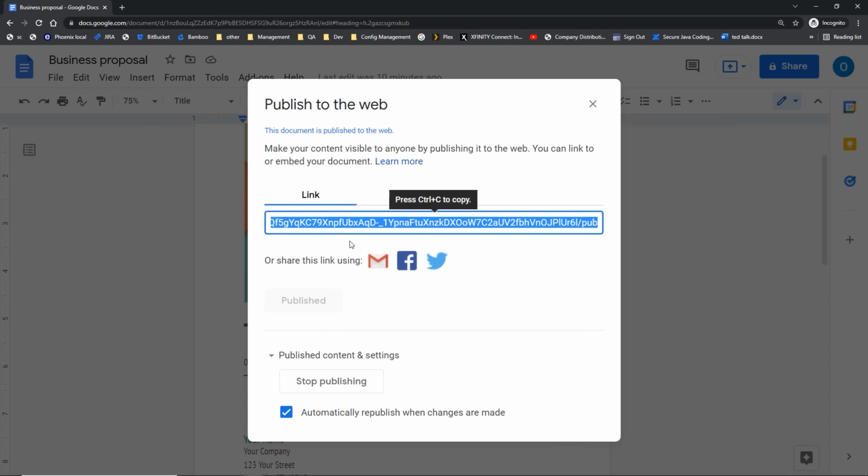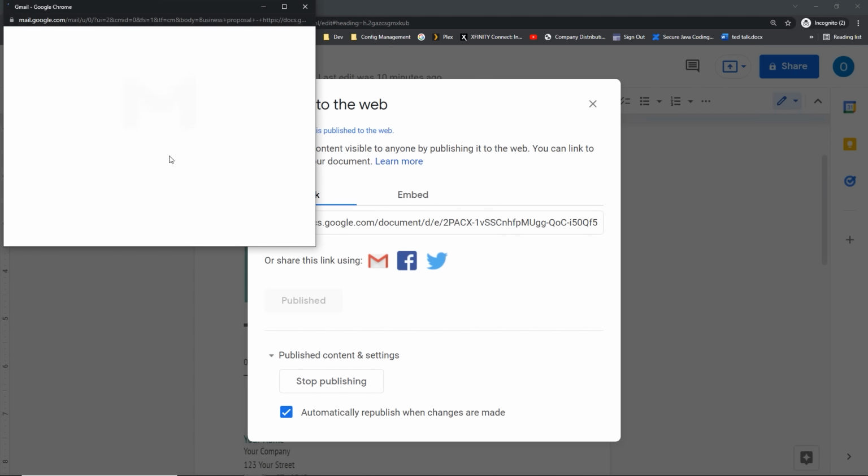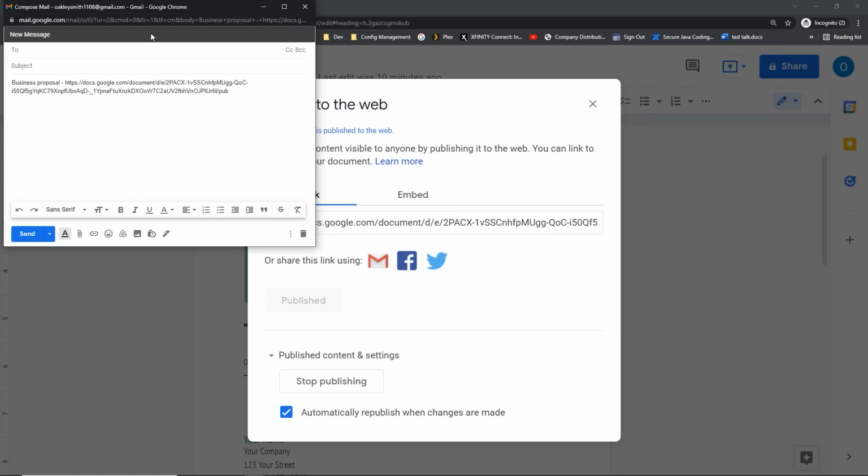Notice right here how it creates this link, and it's even giving me links where I could share it with someone through either Facebook, Twitter, or Gmail. I'm going to go ahead and click, for example, on Gmail, and you'll notice it actually is going to take me in, open up my Gmail here, and give me that link inside of it